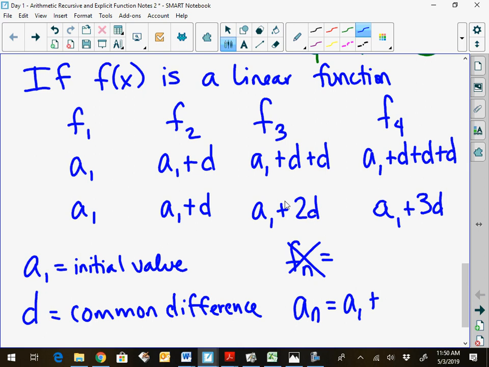We're adding on. For this first one, we added 1d, then we added 2d's, then 3d's. And notice how it relates to our initial count up here. If we have 2, how do we get 1? If we have 3, how do we get 2? 4, how do we get 3? Well, I'm noticing that I'm subtracting. So I could do n minus 1 times the difference. Okay, so this is the explicit function